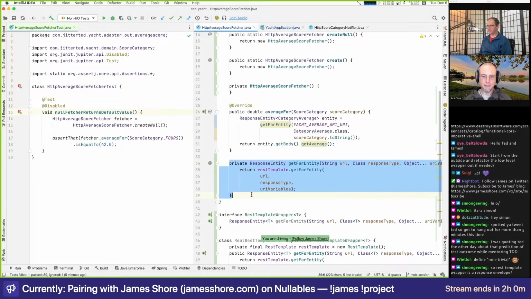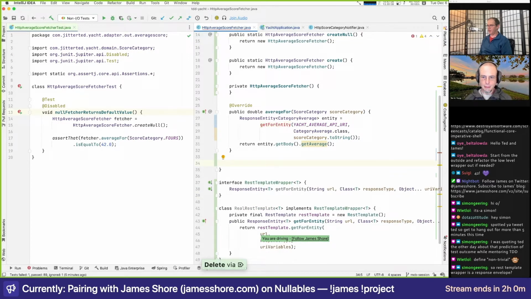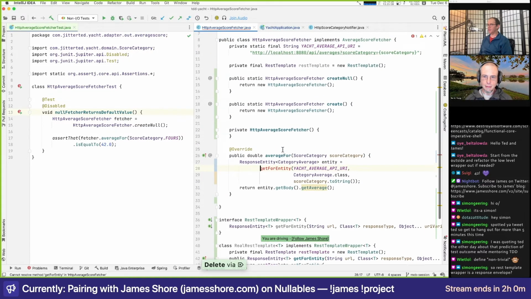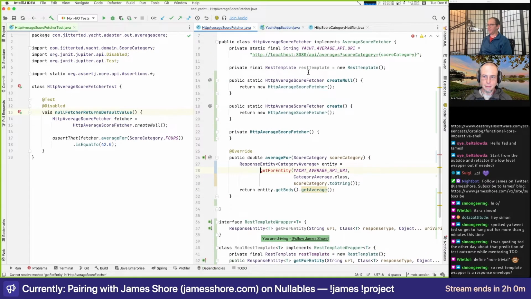Right. And if you scroll up, instead of having private final REST template equals new REST template, now it can be a new real REST template. So this would be REST template wrapper. Yeah. And this would be new